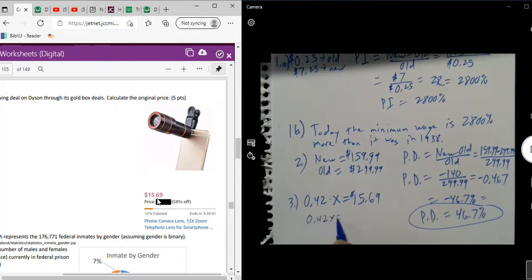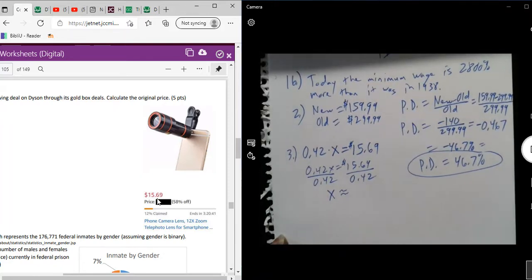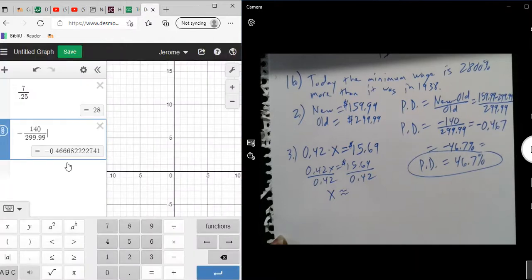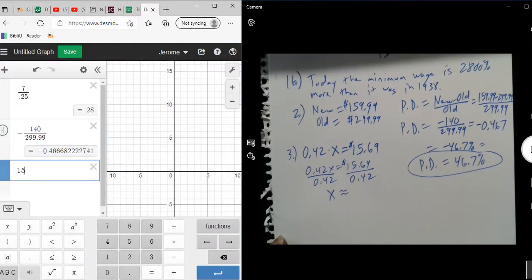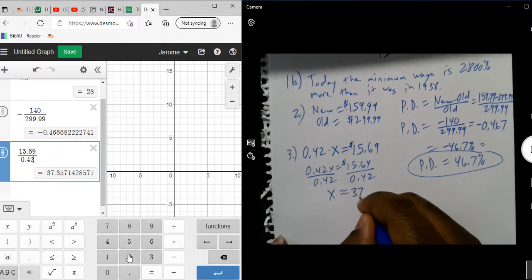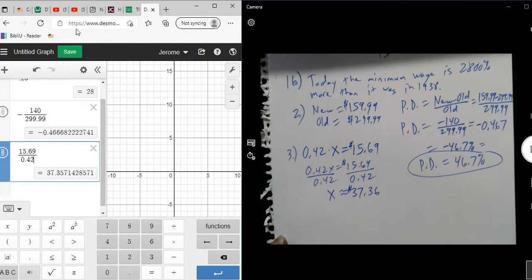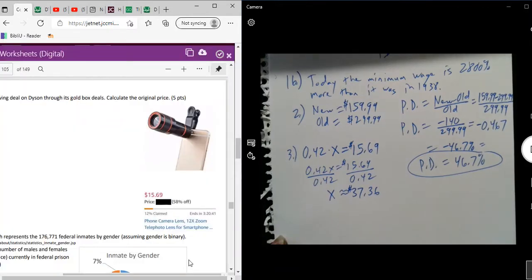So we would divide each side by 0.42, and we would have x, and more likely it's going to be an approximation. So we have 15.69 divided by 0.42. It'd be about $37.36. That would be the original price. All right, now,